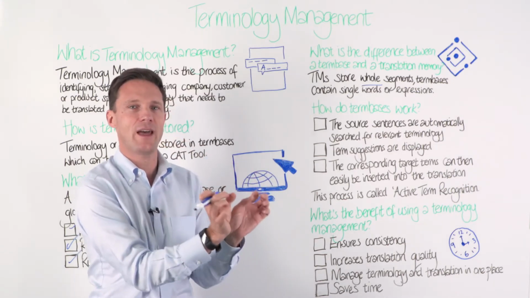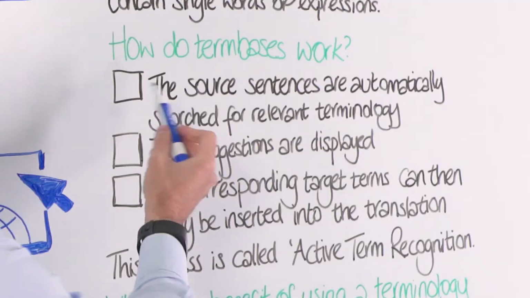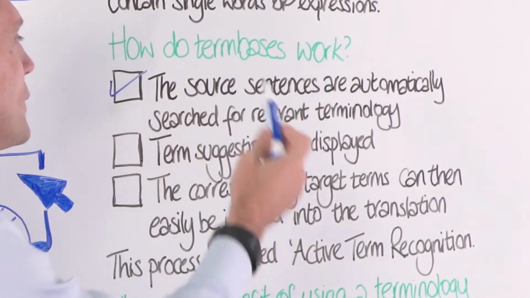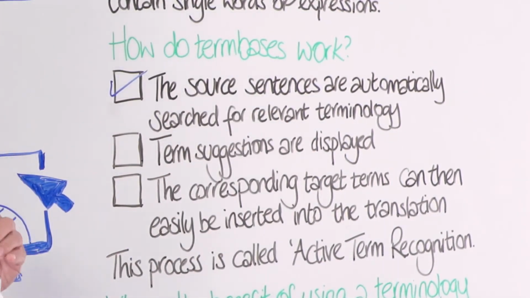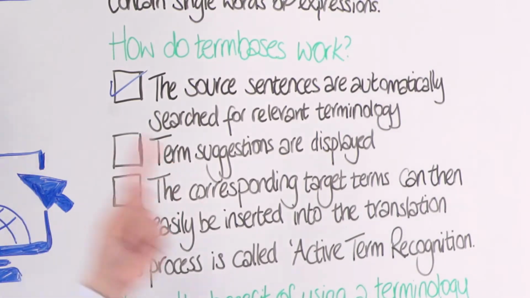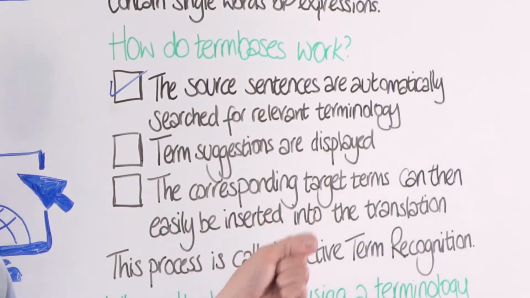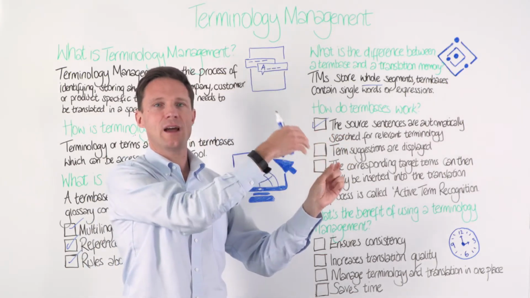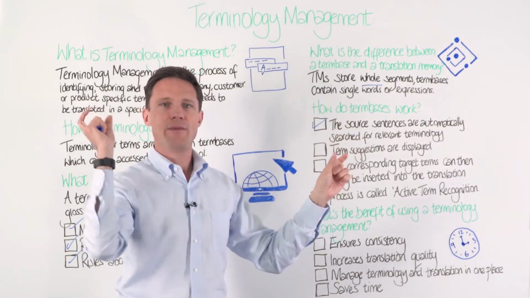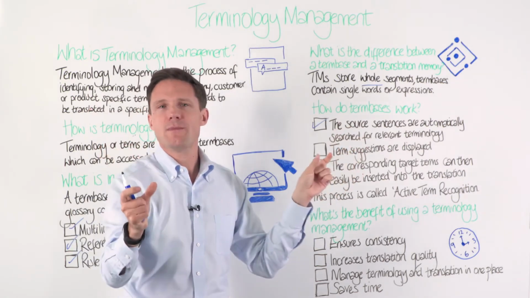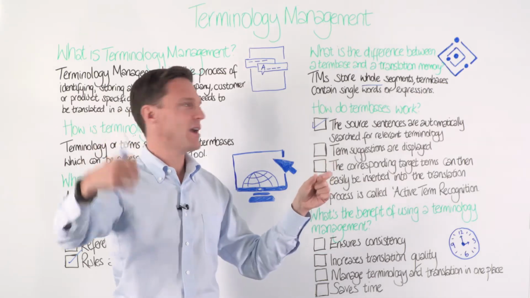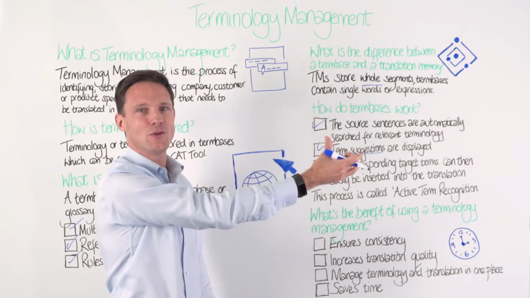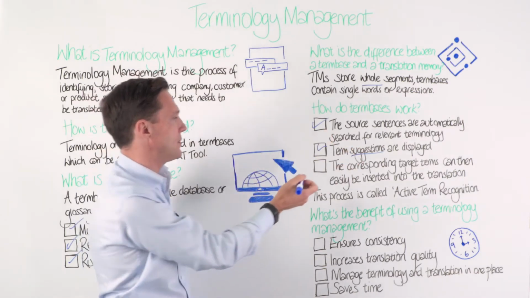a term base entry. But once you have that term base, one of the key things in a CAT tool is that you'll be able to search automatically whether there is a term in the source. So if you're translating, again, English to Italian, and there is that term in English, the software can automatically identify: this is a term and this is how you should translate it, or maybe how you should not translate it, and give you that kind of piece of advice. So you get suggestions displayed to you as the translation happens.